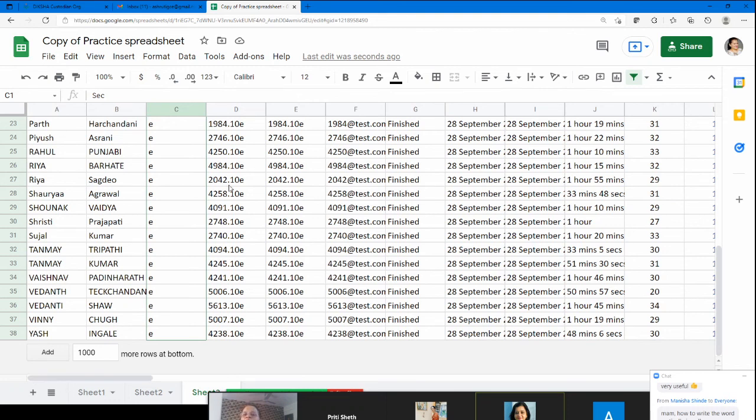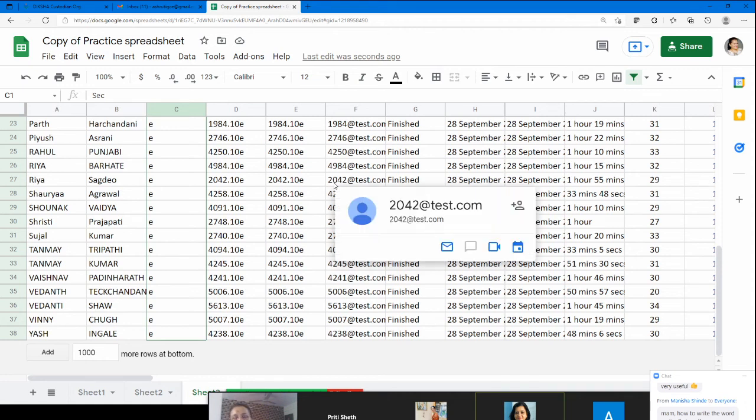So we don't want all this, and maybe you can do that also. Is this understood? Sorting and filtering. We usually need filtering when it comes to sections, when you want to check the sections, or maybe attendance, like all the present only you want, or only the absent you want. In that case you can filter, so it need not be only a column, you can mark the whole thing and then also you can filter.